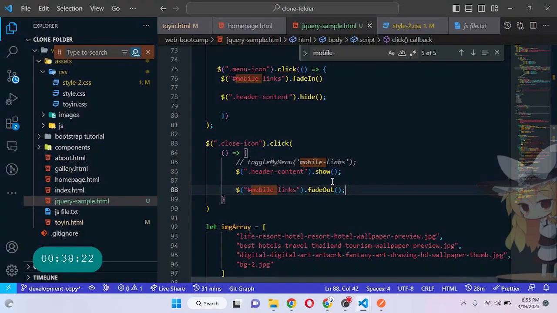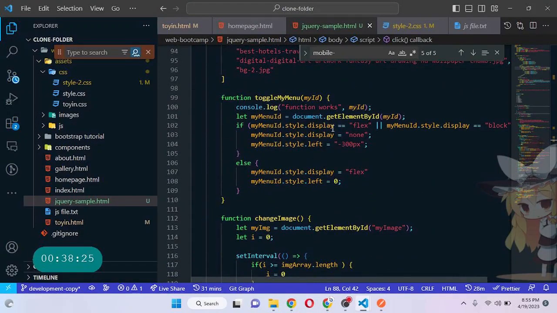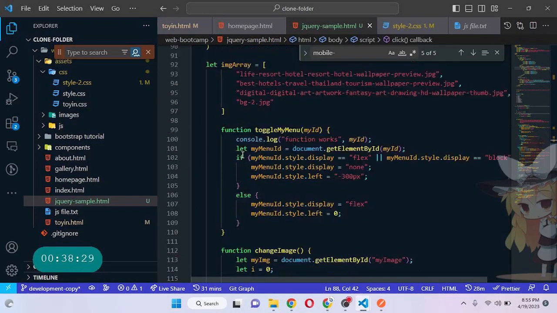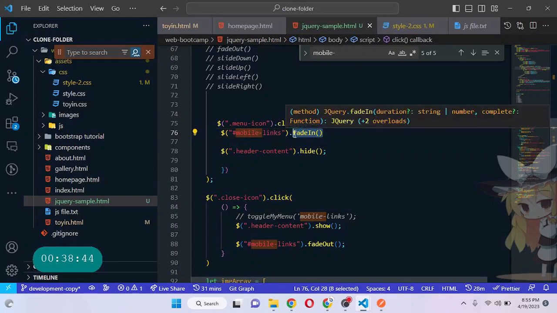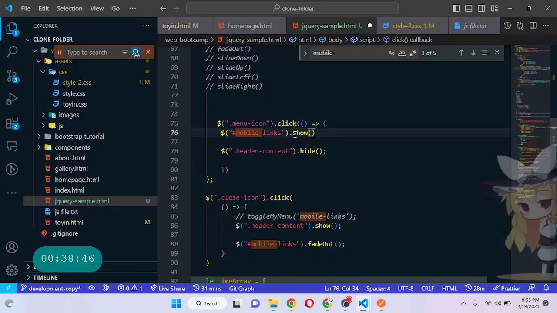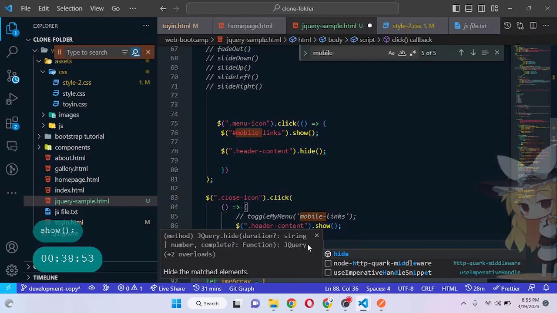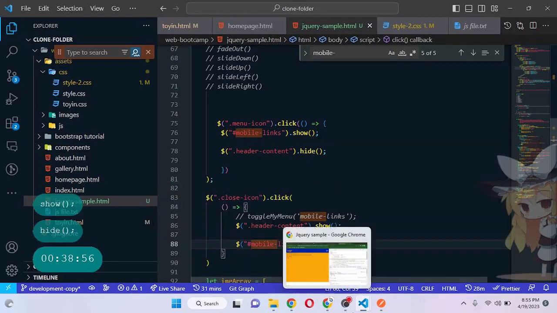fade out. Now one beautiful thing about this is this. Imagine all these functions we wrote here, toggle menu and all this logic we've written here, we don't even need it. All we need is just what? To use this method, mobile links fade in, mobile links fade out. And if you don't want to be using all this fade in and fade out, you can as well use show or hide. So in this case I can use show for this one here, which will show it, and here I will use hide for it to hide